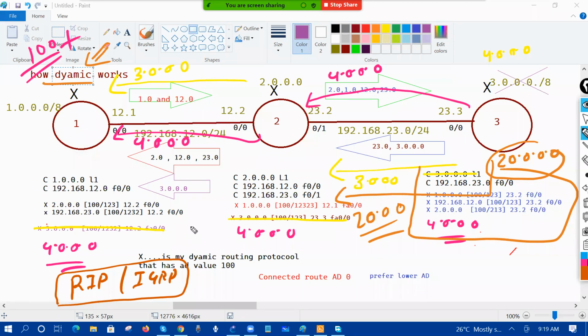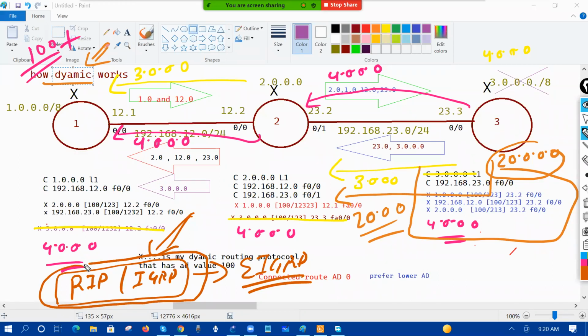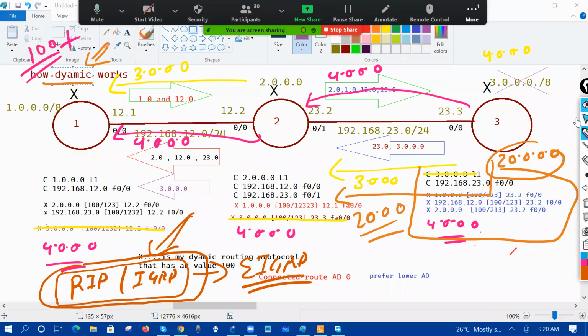But yes, tomorrow is an important class for this. I'm going to discuss tomorrow the disadvantages of RIP and IGRP and why we are not going to prepare this. And then after Wednesday, I'm going to start EIGRP. So tomorrow is very, very important. We'll get the idea of what the problem with RIP and IGRP is, and what the meaning of